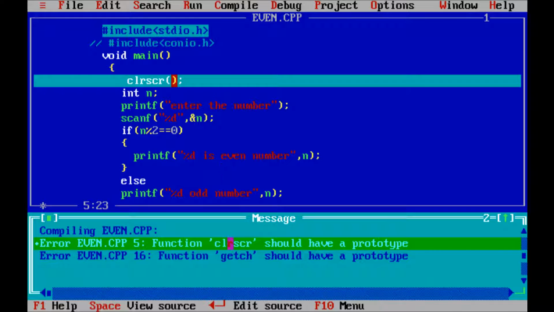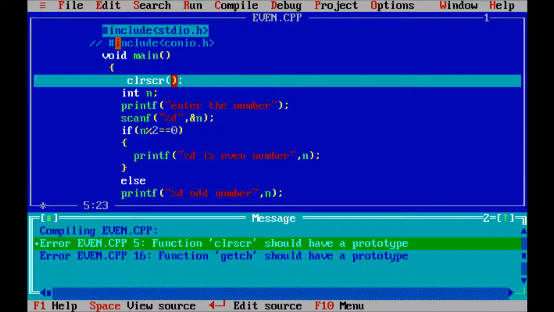The reason is that clrscr and getch should have a prototype. That means the definitions of clrscr and getch are already written in the conio.h header file, but the conio.h header file is marked as a comment, so the compiler does not understand the meaning of clrscr and getch, and that gives the error.